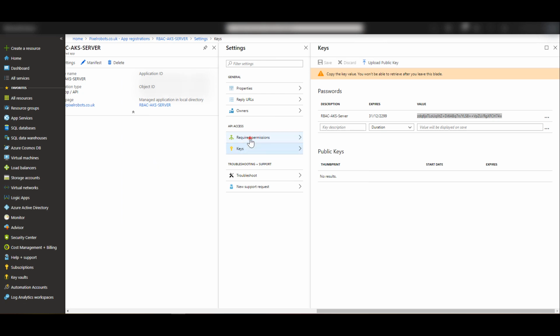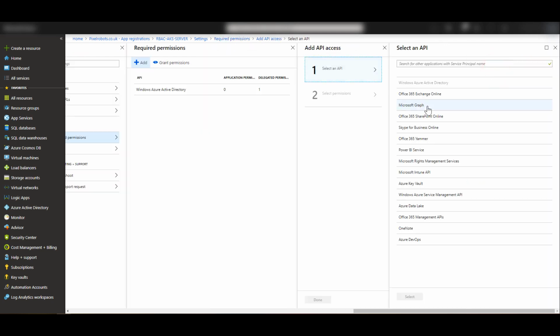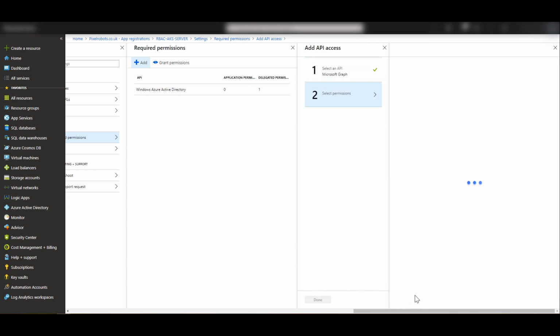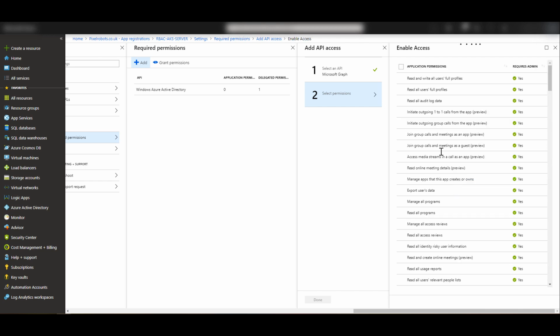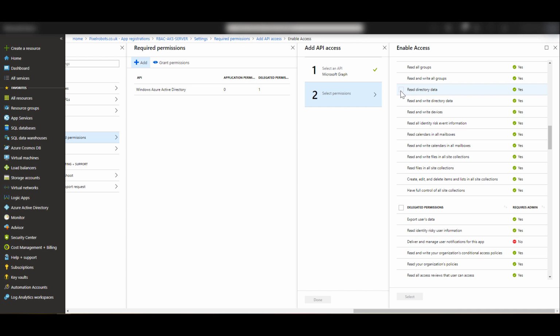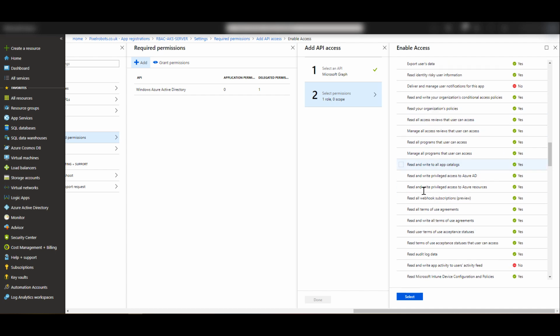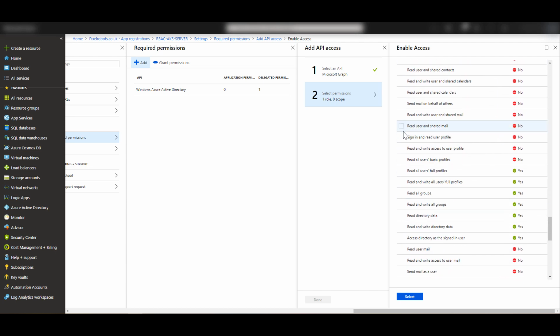Now we need to click on Required Permissions. We then click on Add, select an API, Microsoft Graph, then click Select. In this list of application permissions, if we scroll down quite a far way, we will find Read Directory Data. Put a tick in that. Then if we scroll down a bit further to delegated permissions, we need to find the one that says sign in and read user profile. It should be in here somewhere, probably near the bottom. Sign in and read user profile, just there. There's a lot. It can get confusing trying to find the one you want. So once you've got both of those ticked, we click on Select and then click on